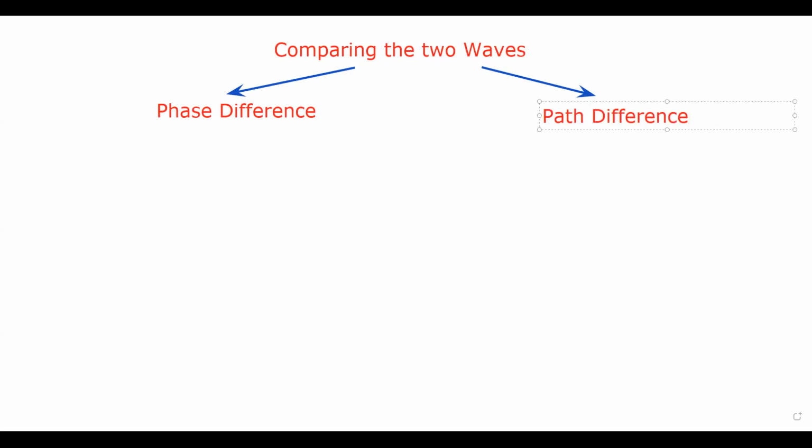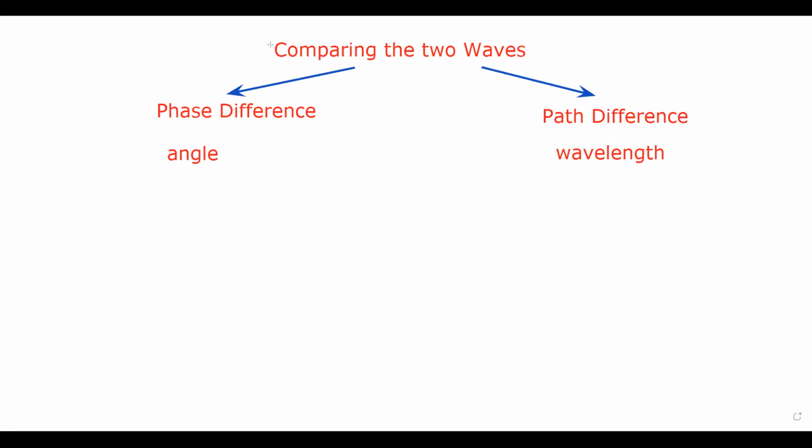What is the meaning of phase difference? Phase difference means when we work out the difference in the angle of the two waves, we call that a phase difference. But when we work out the difference in the wavelength, then we call that a path difference. Example,